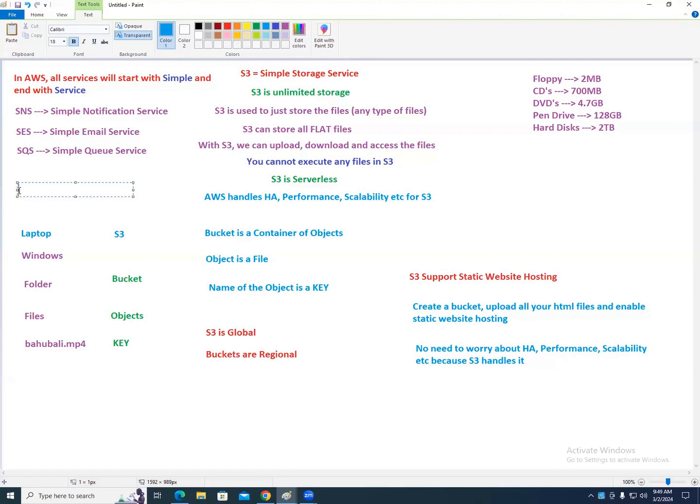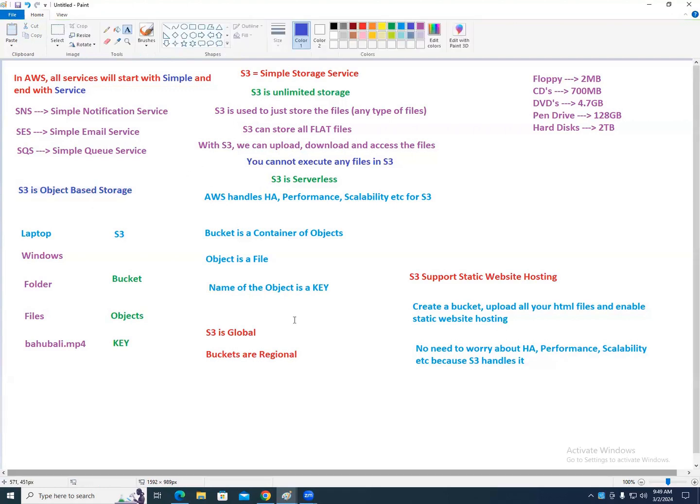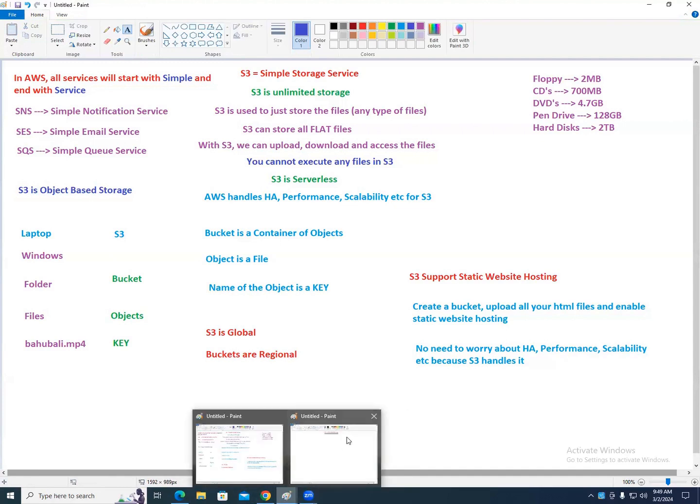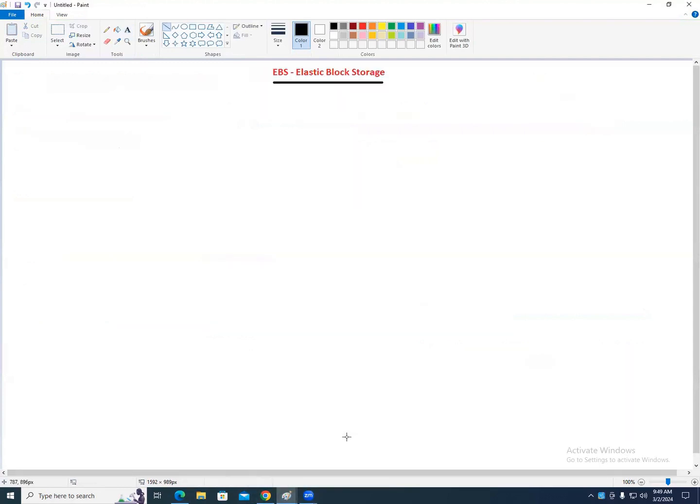Object based storage. This is a sure certification question, guys. S3 is object based storage. Now coming to EBS. EBS is what based storage? Block based storage.